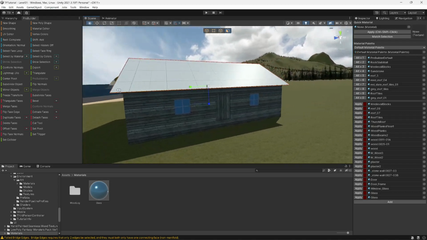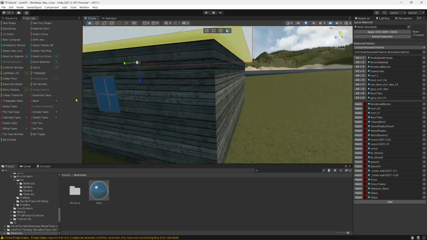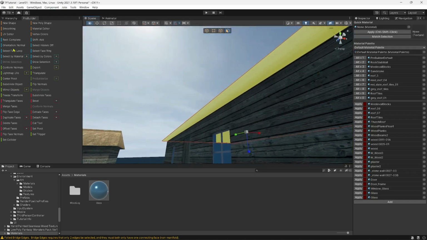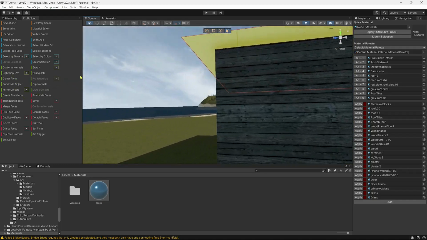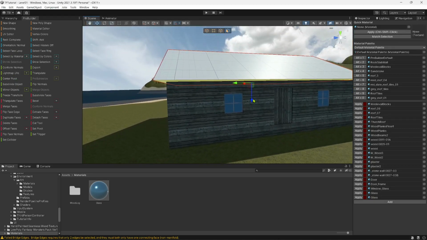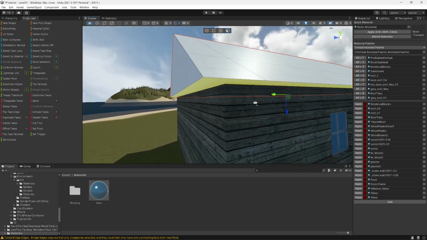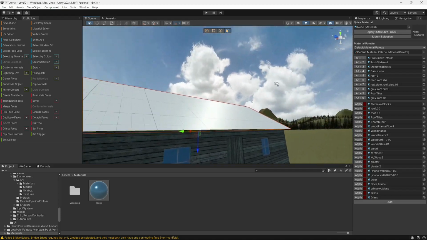Let's make sure roof shape still looks good. And we're roughly where we need to be, okay? So I'm gonna snap that down. And then